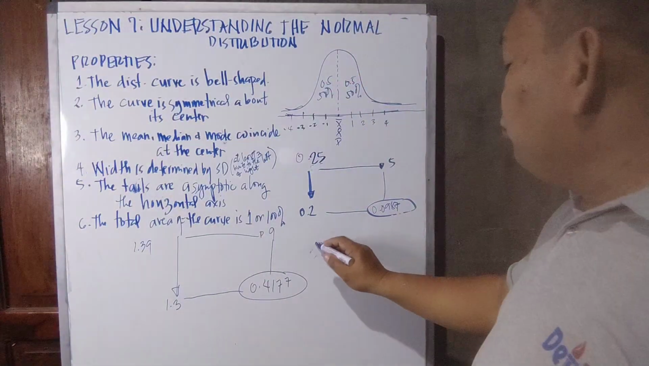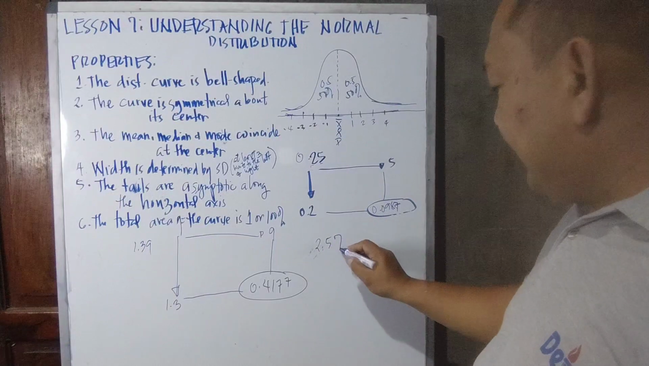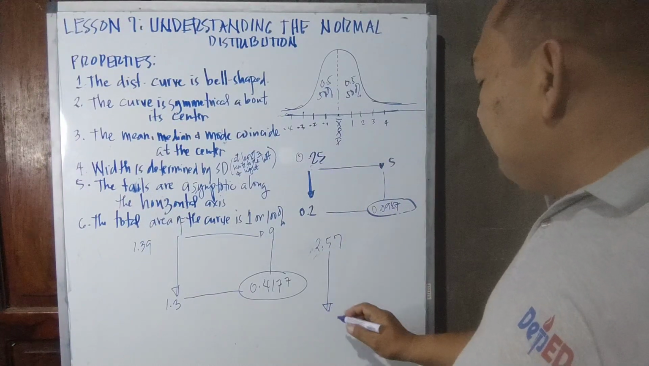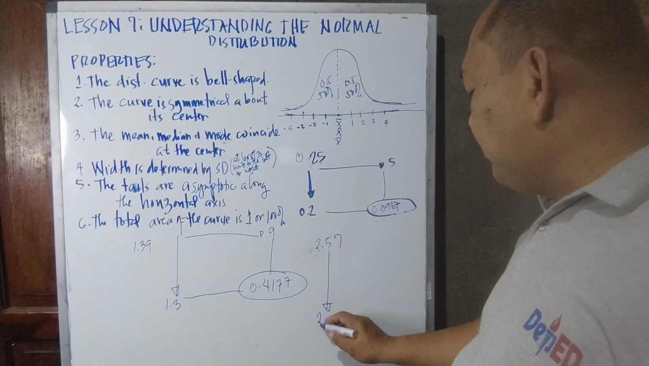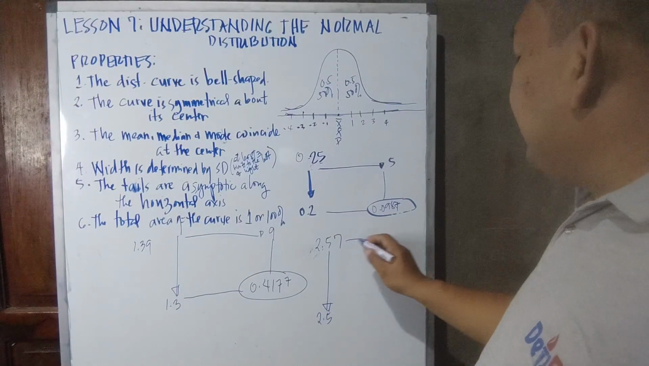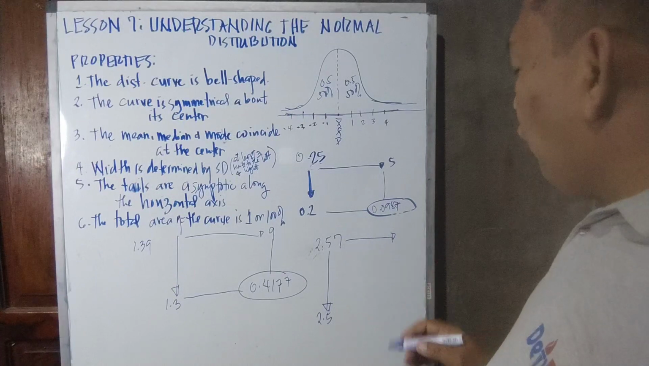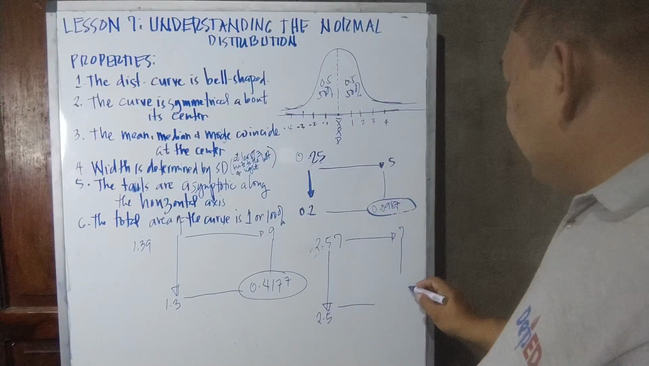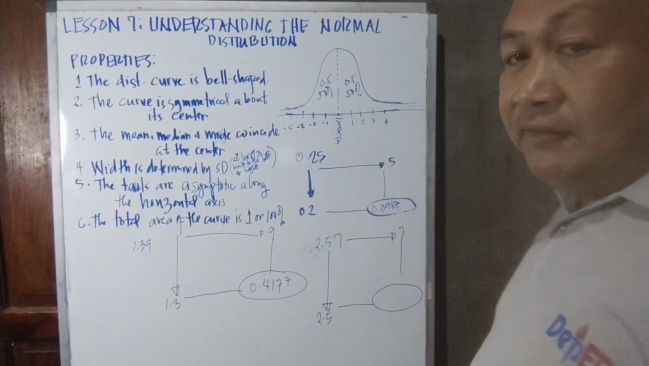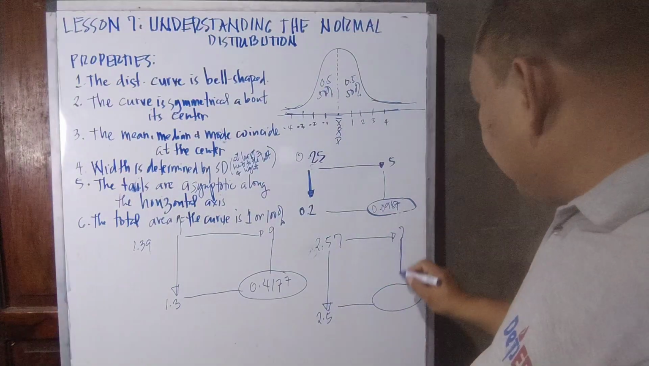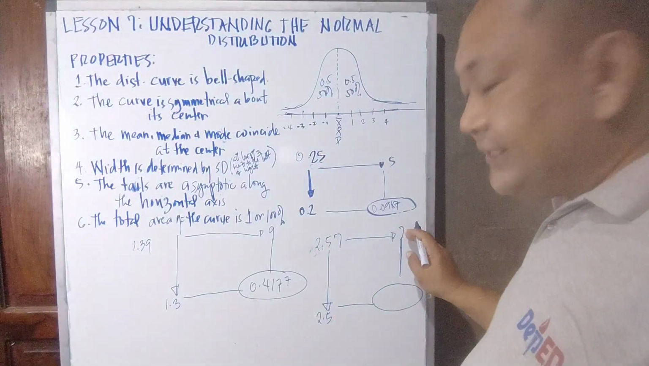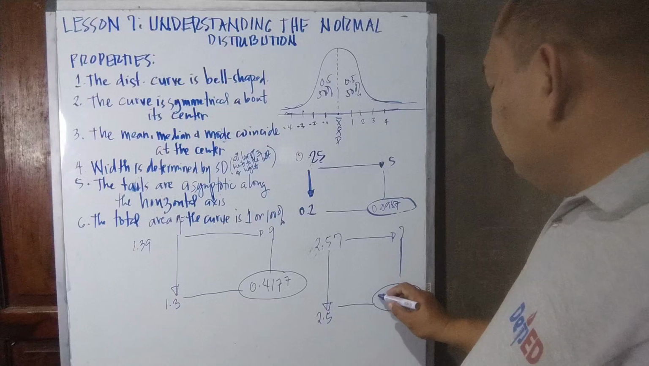Then maybe have another. Say we have 2.57. In your column you have to look for 2.5, and then in your row you have to look for 7, and then again try to locate the value under the intersection of 2.5 and 7, which is equal to